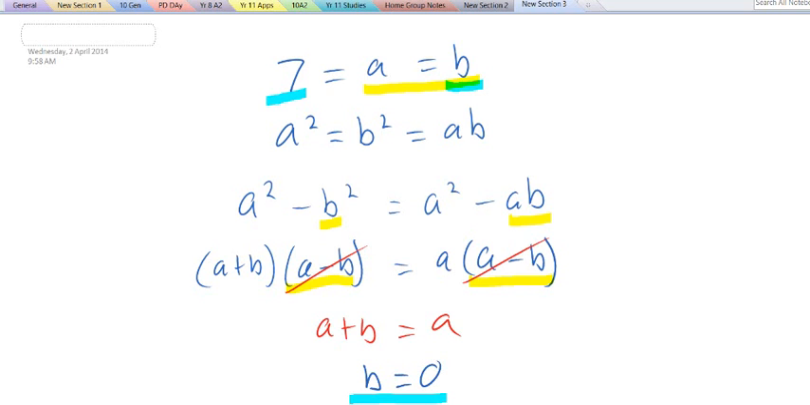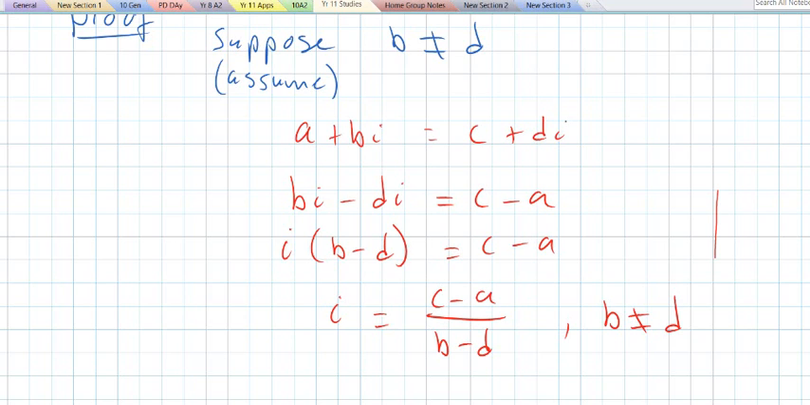It's kind of cool. And that's why in our proof by contradiction, if we assume that B is not equal to D, then we're allowed to do this division. And if we're allowed to do this division, then we've shown that I is equal to C take A over B take D. And C take A over B take D, they could all be real numbers. C, A, B, D could be 1, 3, 5, 7, and so on. And we know that I is not equal to 1, 3, 5, 7, or whatever it becomes. So if we're allowed to do this division,